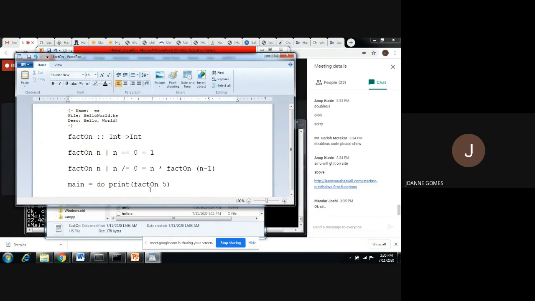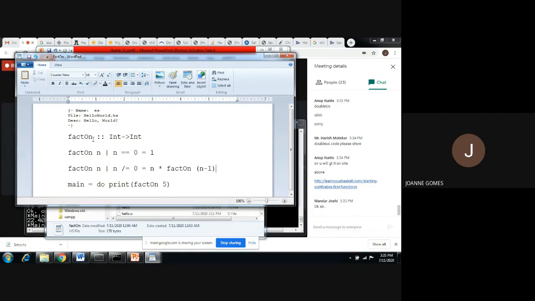Factorial can be calculated by the n factorial formula, or we can also use this formula, n into factorial of n minus 1, right? So we can do it either using recursion or without recursion. So this program is with recursion, so we can say a recursive function.